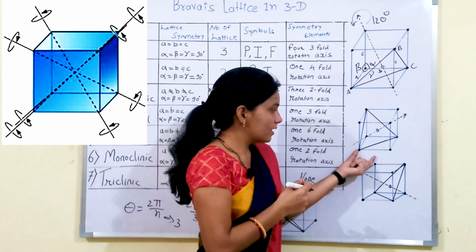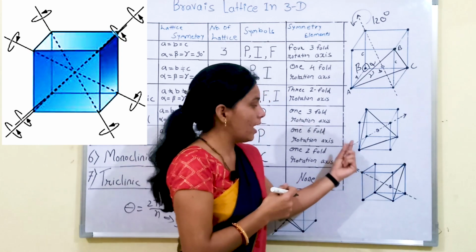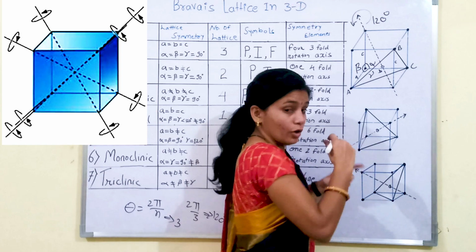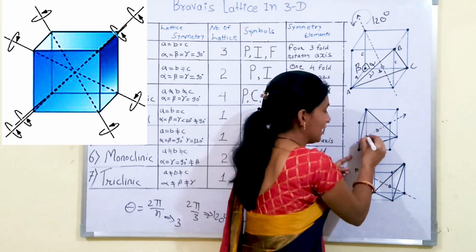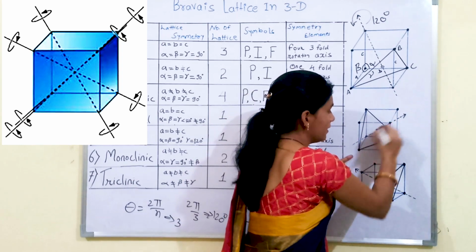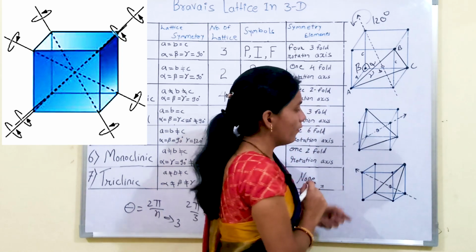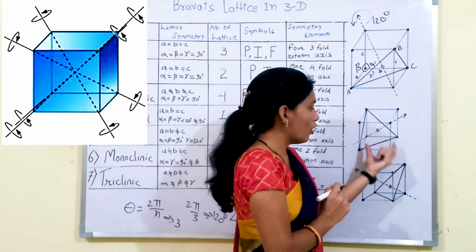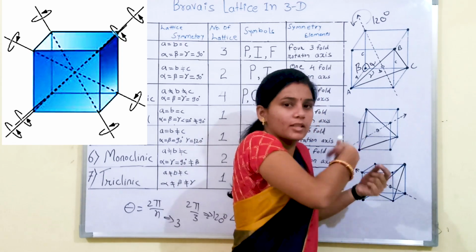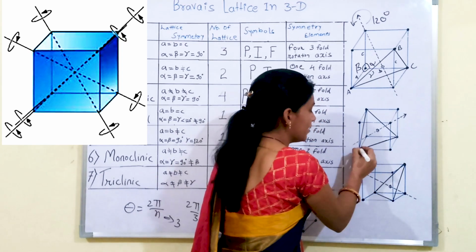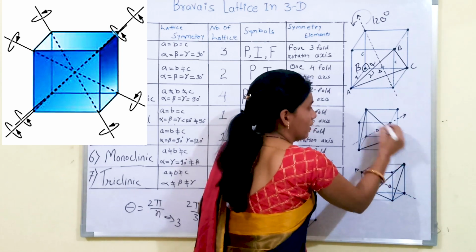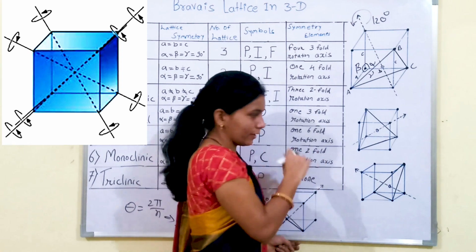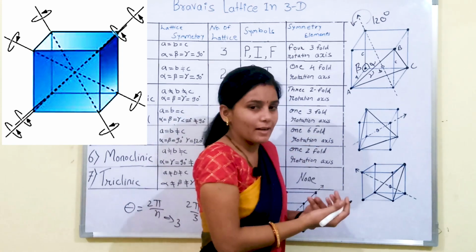Similarly, we can see here we have another rotation axis. Here is one lattice point, this is a diagonal lattice point. So we can see here another rotation axis, and if we rotate this cube along this rotation axis, we will get these similar lattice points which we have considered in the triangle. Or at the corner of the triangle, we will get a similar lattice point.